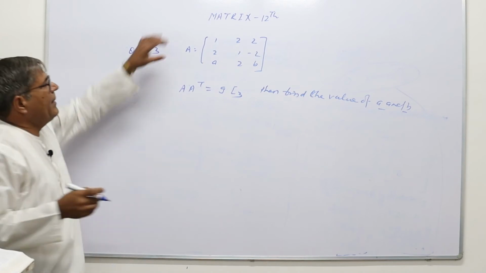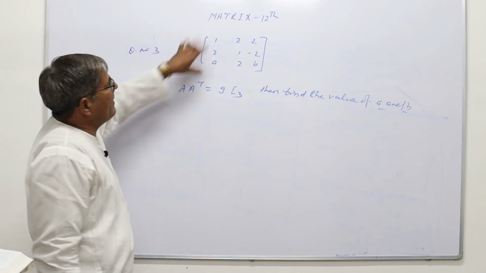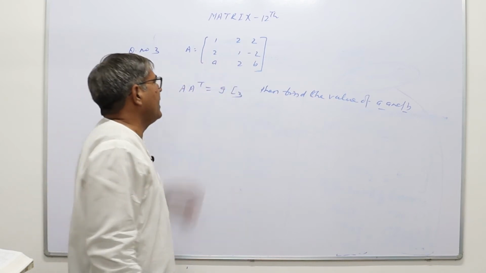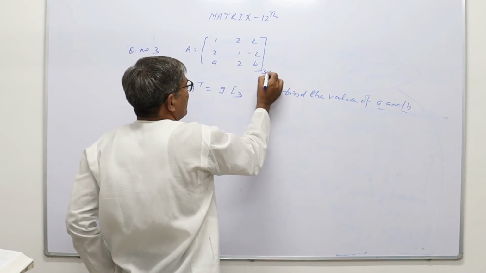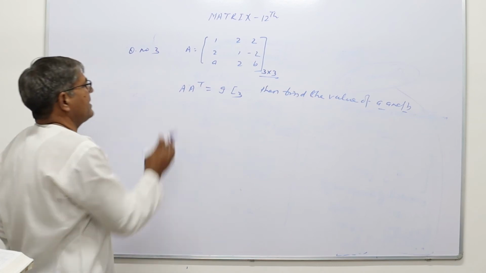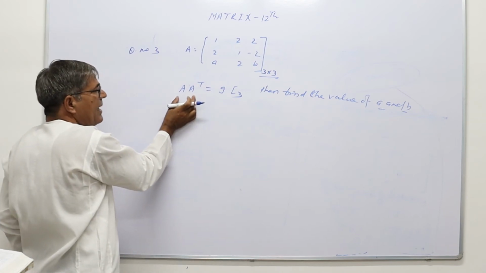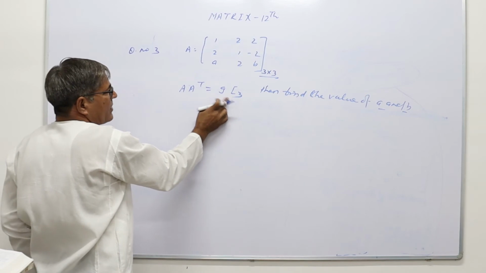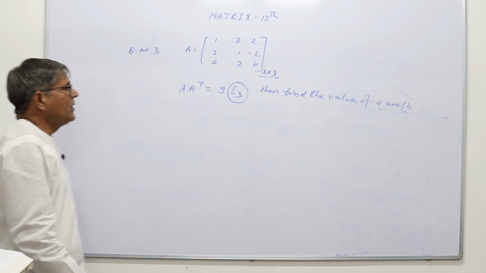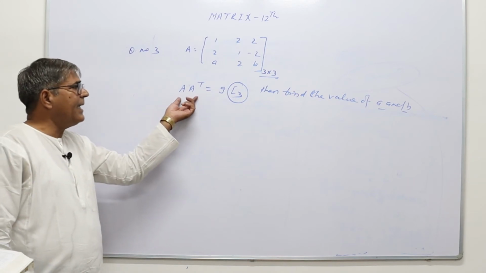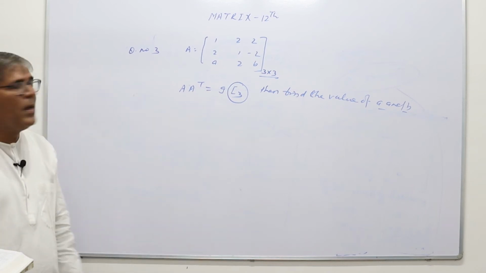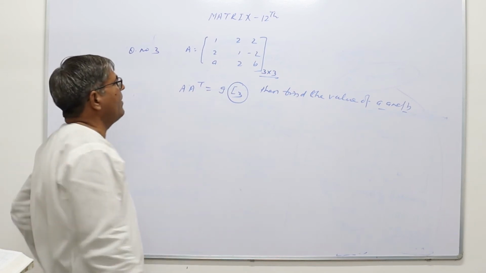What we have to do, one matrix A is given, and in this given matrix, these elements, that is A31 and A33, are unknown. And what is given? Given condition is, if the given matrix and its transpose multiplication is possible, then A into A transpose is equal to 9 I3. I3 means identity matrix of order 3. So first we will find left hand side A A transpose, then 9 I3, and then we will compare the corresponding elements of both sides by the equality of two matrices.